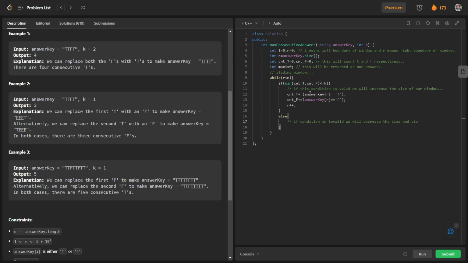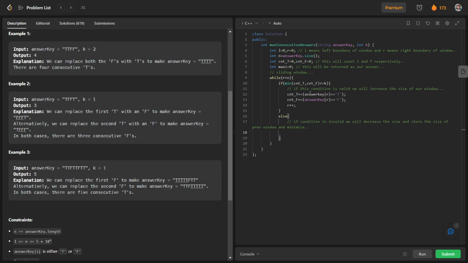We will store the size of the previous window which was satisfying the condition, and we will minimize it.